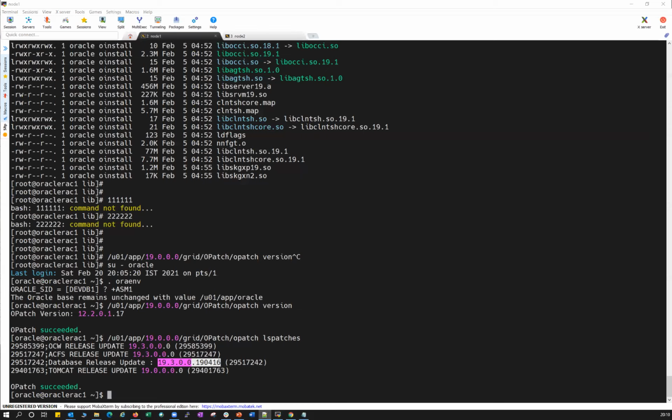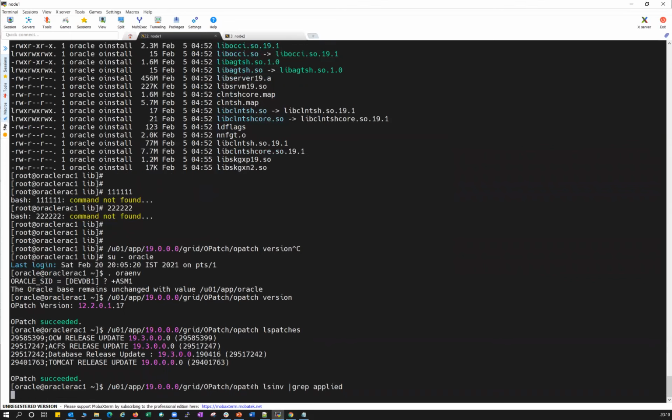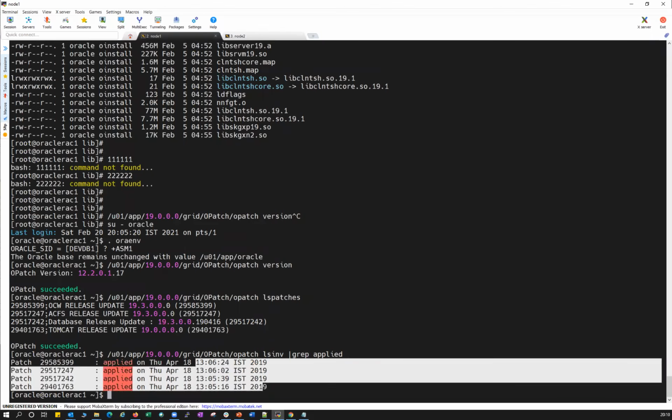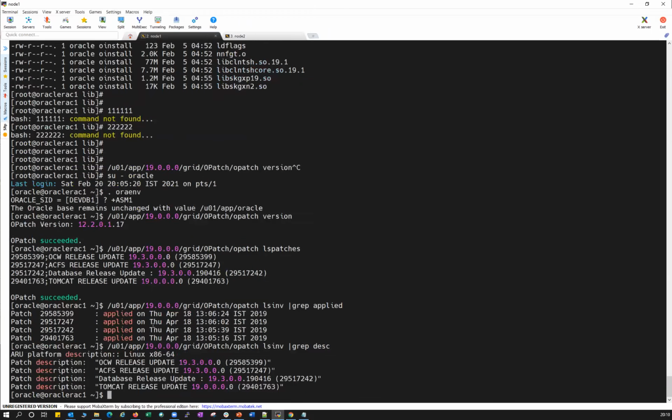Right. Next, if you do this, lspatches will give you the list of the patches, and if you do -applied, it will tell you when this patch was applied. You can see applied on April 2019. And then describe is one more command. You can use this describe. It will give you the same output, like all the patch descriptions.